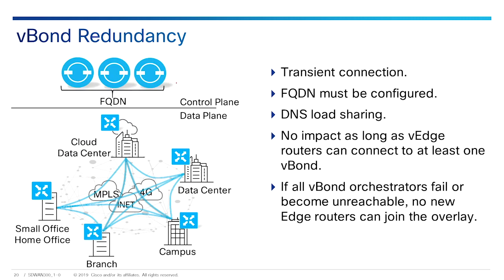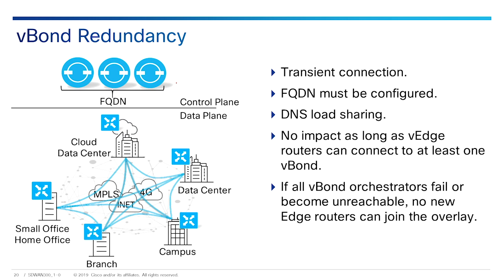Every time a vEdge boots, remember, it connects to the vBond. This is why an IP address or hostname of vBond must be configured on each vEdge or provided through plug-and-play or zero-touch provisioning. vBond provides the vEdge with all further information that it must have to operate, such as which other controllers to connect to. If more than one vBond is required, the vEdge routers must be configured with a fully qualified domain name,